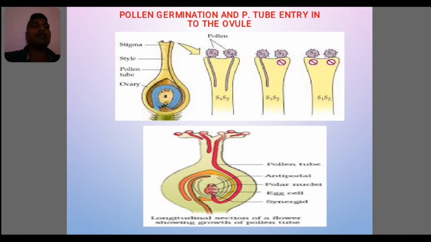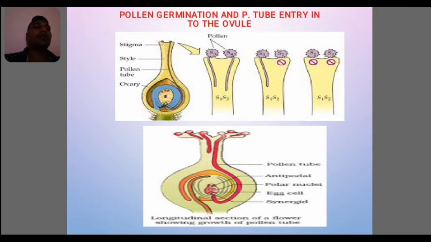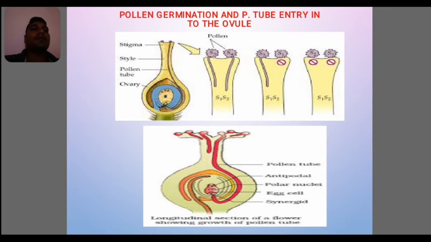In the next diagram, we are also looking that S2 has compatibility with only S4, but here the gene present is S1, so it is also restricted and the pollen cannot germinate here. Again, the S3 gene also doesn't show compatibility with the S2 gene, so it is also restricted and the growth of the pollen tube is stopped. That is the pollen-pistil interaction. Only specificity is there. Not all the pollen grains can enter the style.